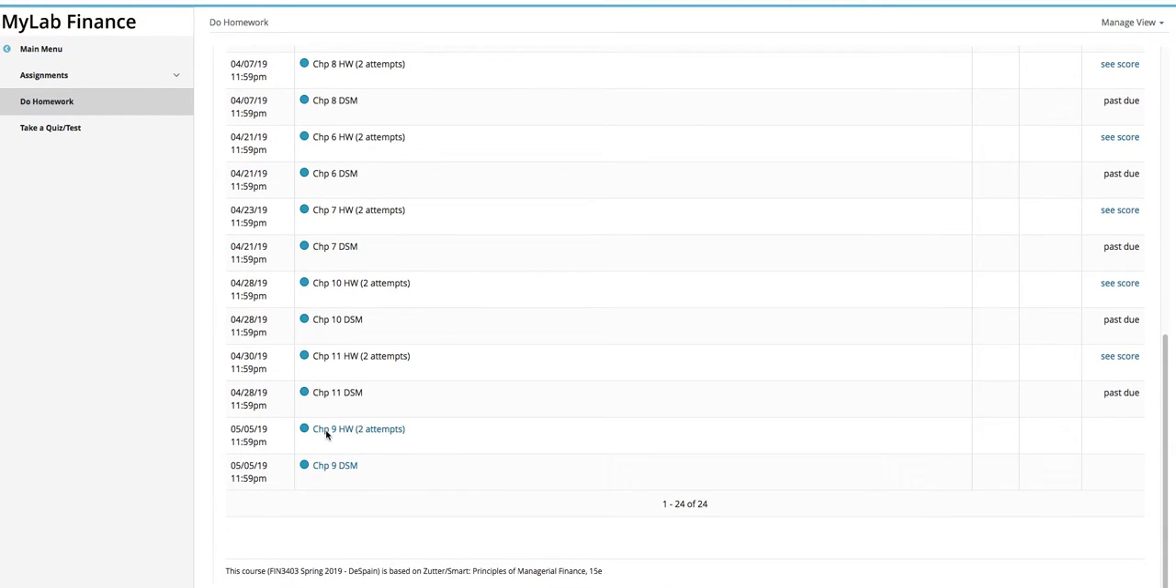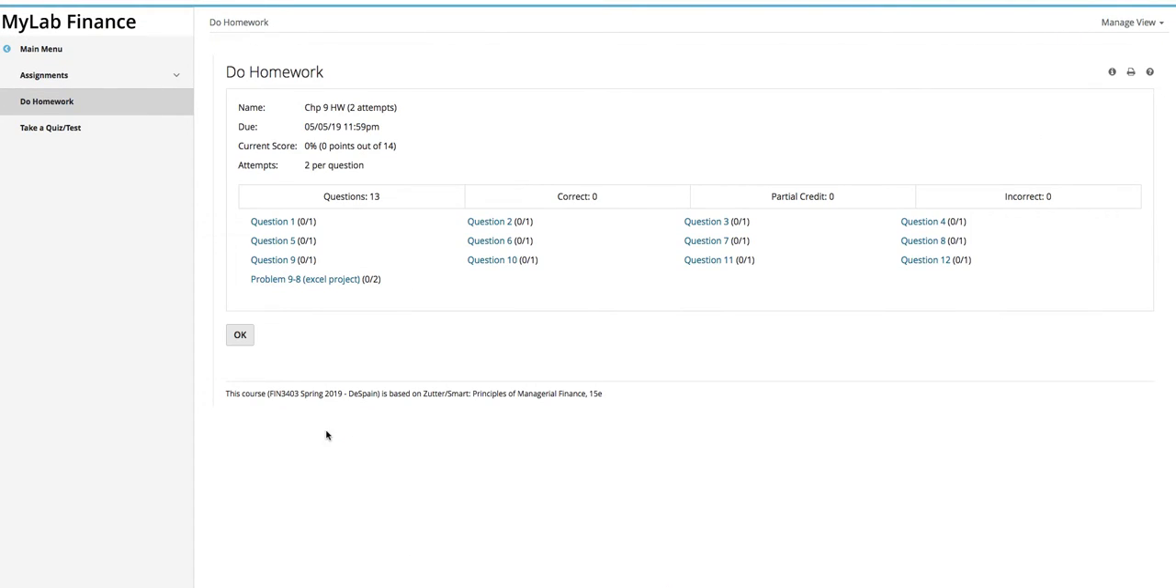When I click in the homework assignment for this chapter, you can see this one has an Excel project as part of the assignment list. You'll see these in not all, but almost all of the chapter homework assignments. Obviously you'd want to do the previous questions first before you do the Excel projects, but at some point